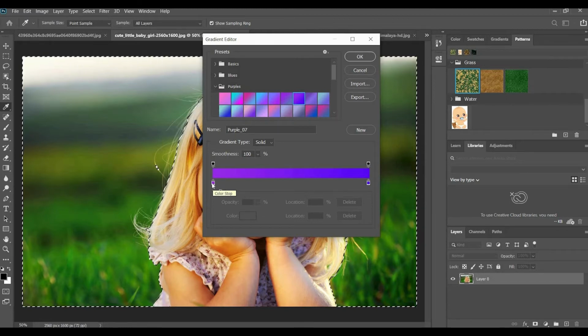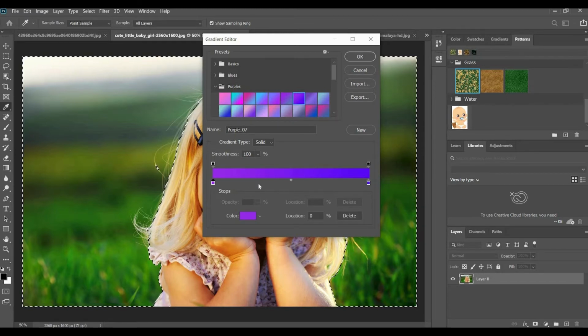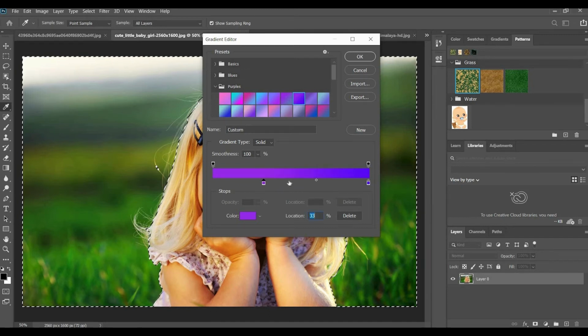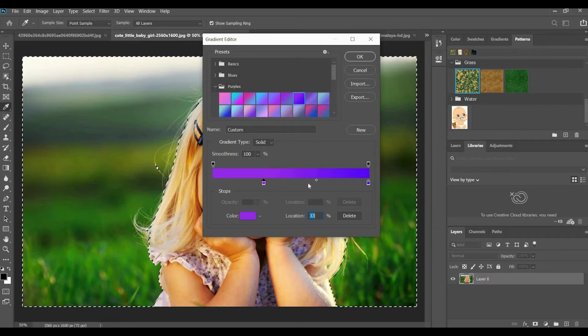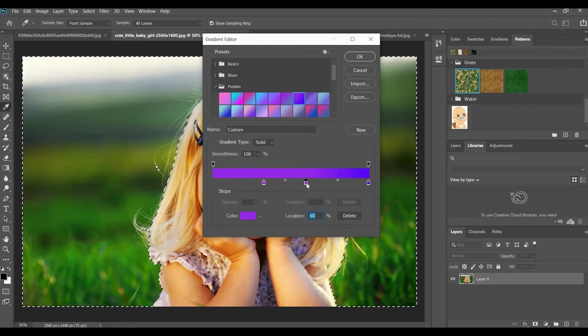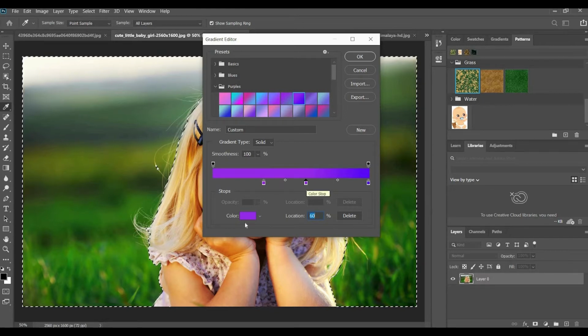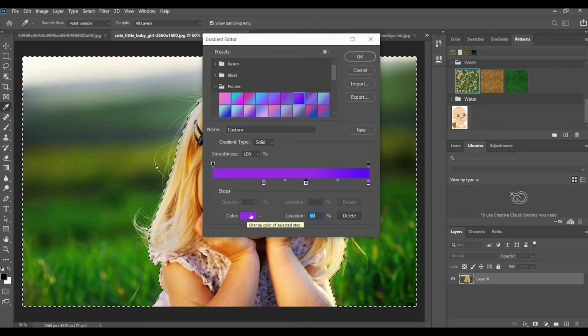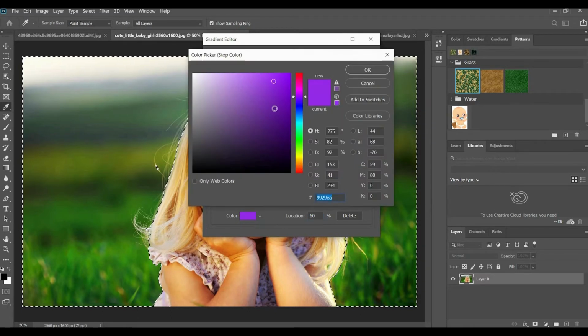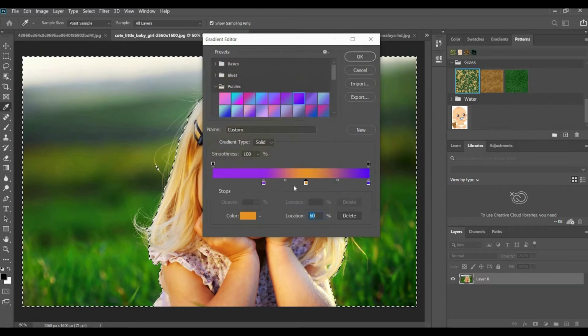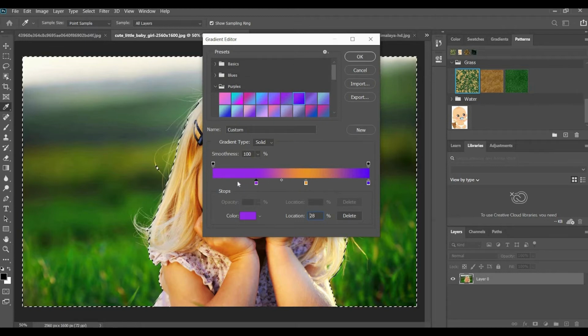This is the color stop. You just change the color mixing, or else you can add a new color by clicking on the center. Here you can select a new color also, so that new color will be blended with the old color.